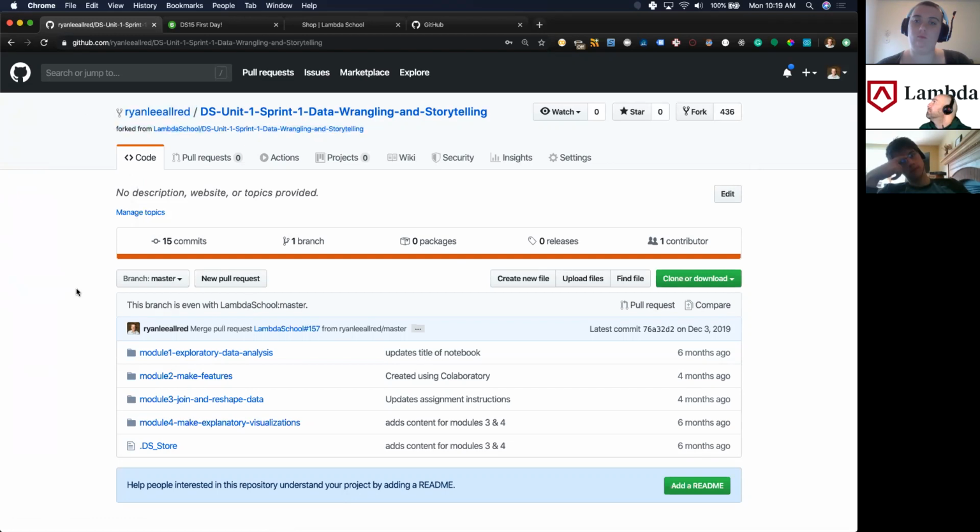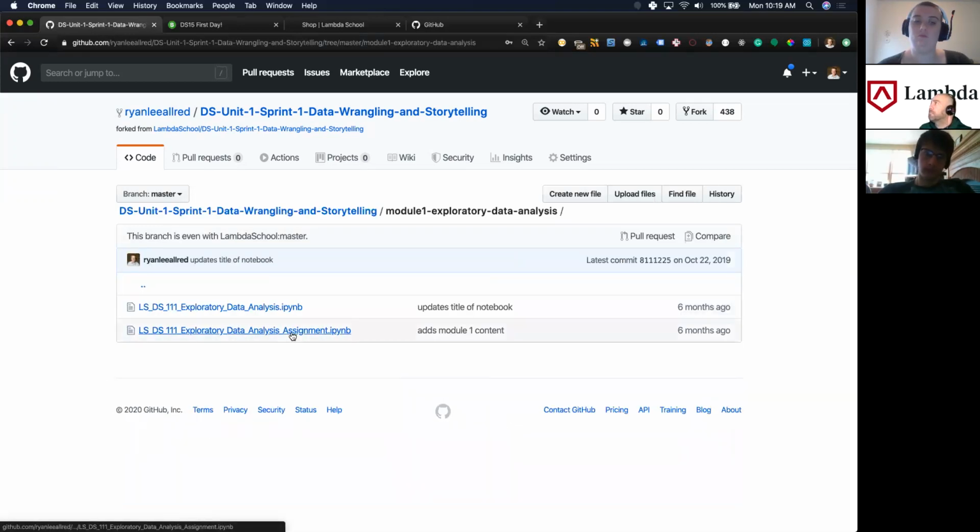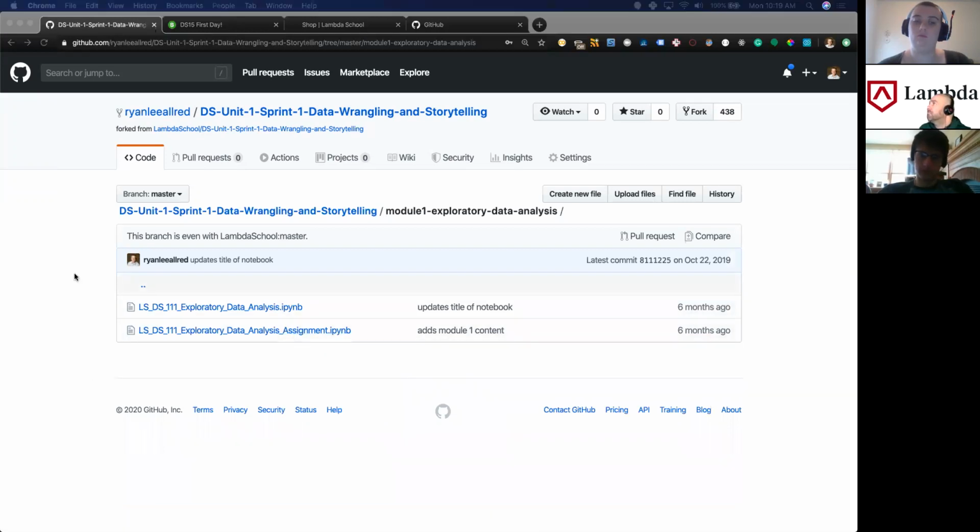We'll link you to a repository, and then you'll make a copy of it to your GitHub account, and then these are the files you'll work with throughout the week. All right. GitHub is also the way that you will submit your assignments, right? So after you've made a change to, say, the assignment file for today, we want you to save those changes back to your GitHub account, and then the team leads will be able to access the files here on GitHub to see the work that you've done, give you feedback, and just make sure everything's going good with you during